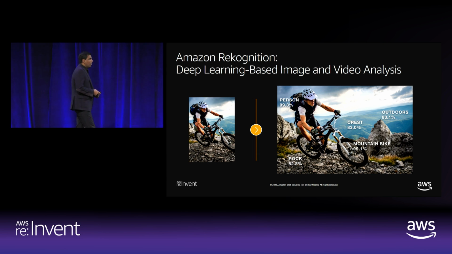So we launched Amazon Rekognition in 2016 with support for image. And in 2017, we added support for video. And we have added a bunch of features between 2016 and now. But at the base level, all Rekognition does is take an input of an image or a video, do deep learning analysis of this content, and provide an output that you could then use for your application, business, or solution